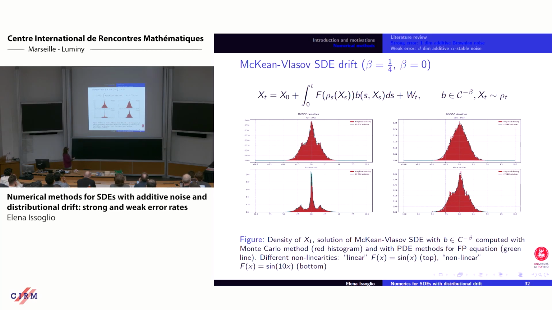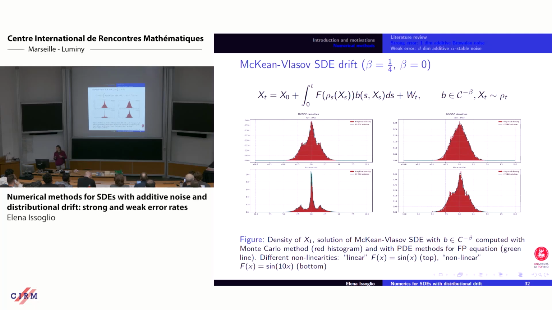The top one is used with the nonlinearity sin x, which I call the linear nonlinearity, because x is small actually, so sin x is really just linear in the regime where x lives. And you see, they start again from standard Gaussian. It's really quite smooth. It's really quite stable as standard Gaussian, more or less.